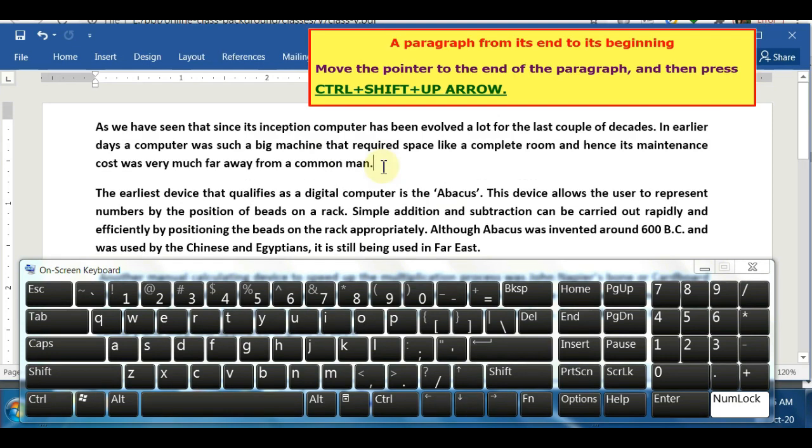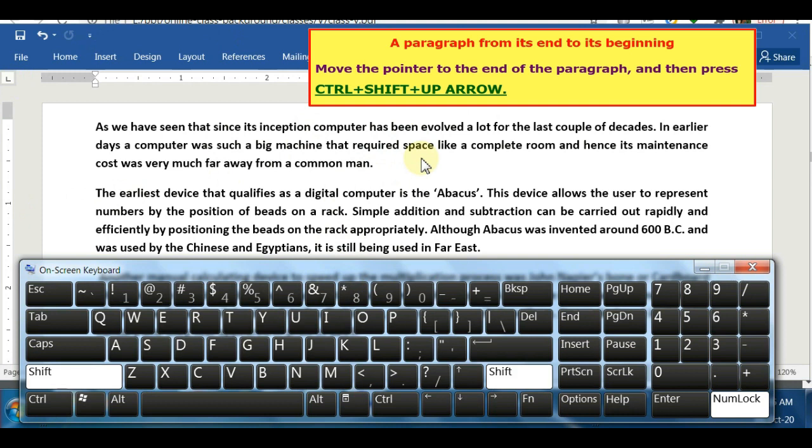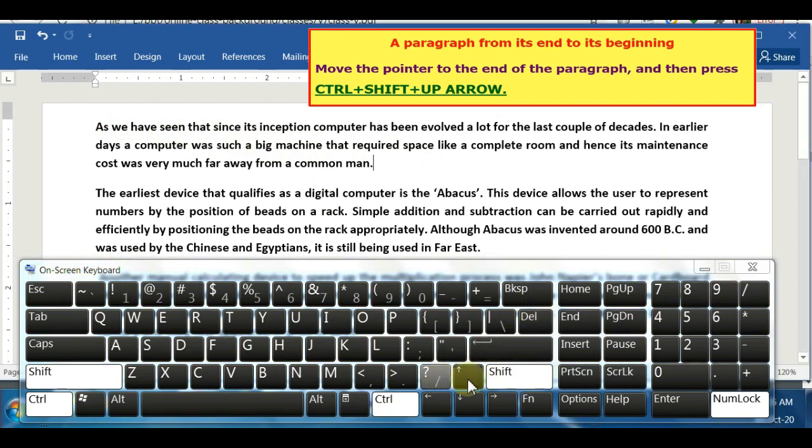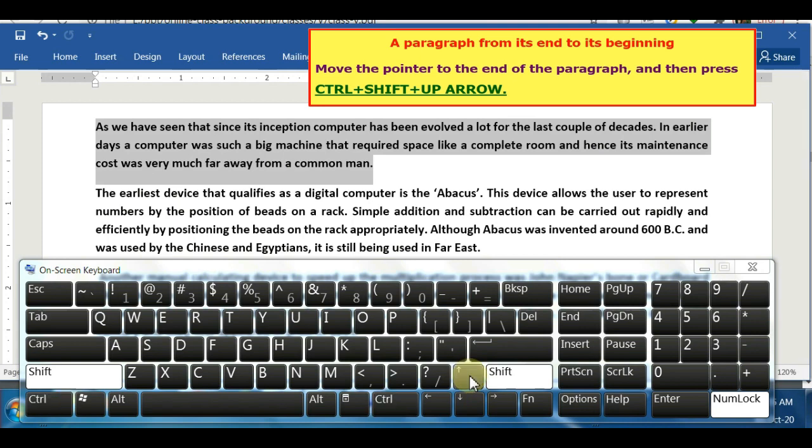And if I want to select a paragraph from its end to its beginning, I have to move the pointer to the end of the paragraph and then press Ctrl plus Shift plus up arrow keys on my keyboard, but they should be pressed at the same time.